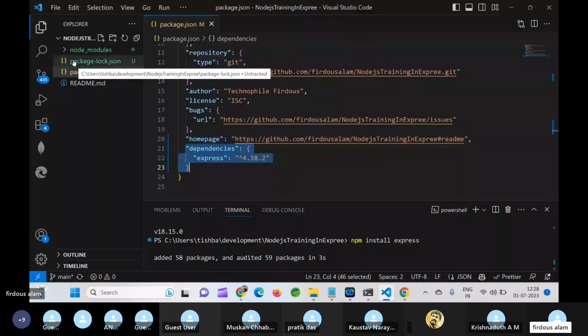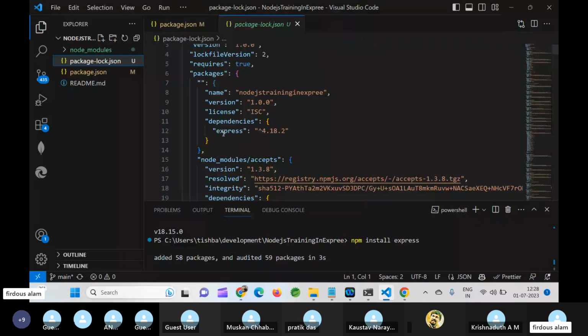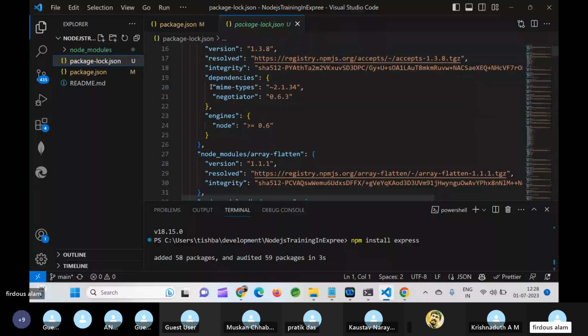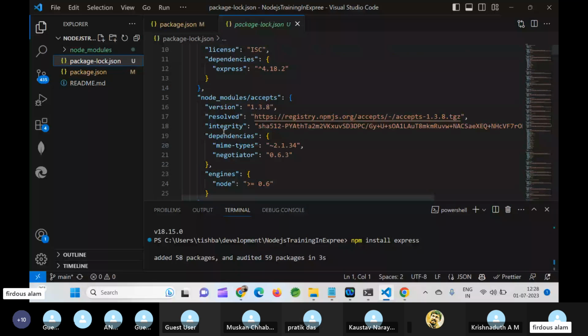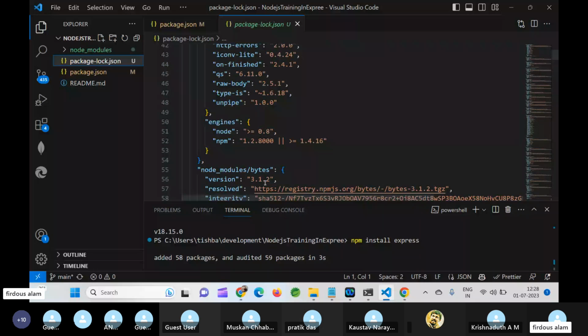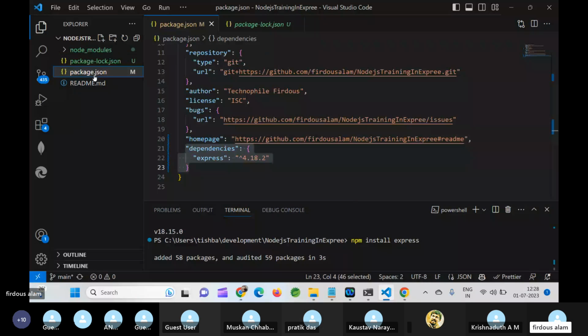The package-lock JSON file contains the dependencies on which Express itself depends, like accepts, array-flatten, body-parser, bytes.